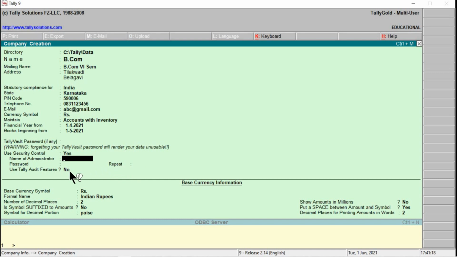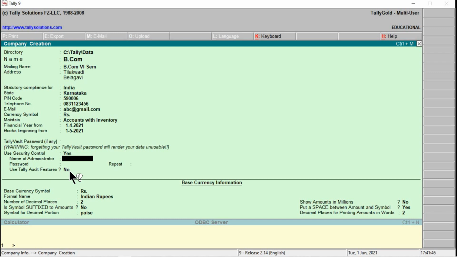And down we have here Use Tally Audit Feature. What is the use of this one? This feature is for chartered accountants to audit the company books of accounts directly. Tally audit feature provides the capability to check the accuracy and correctness of the entries made by the authorized users.